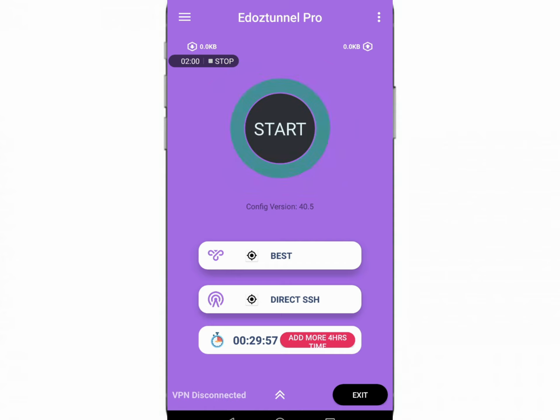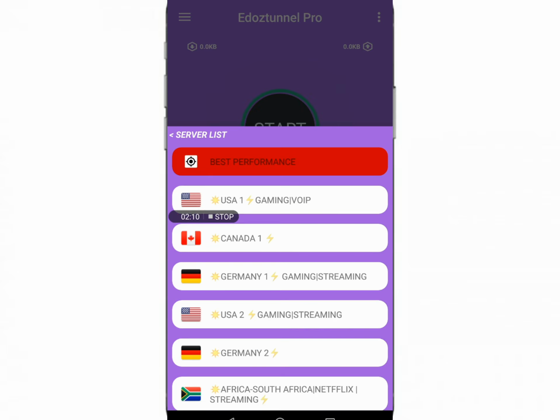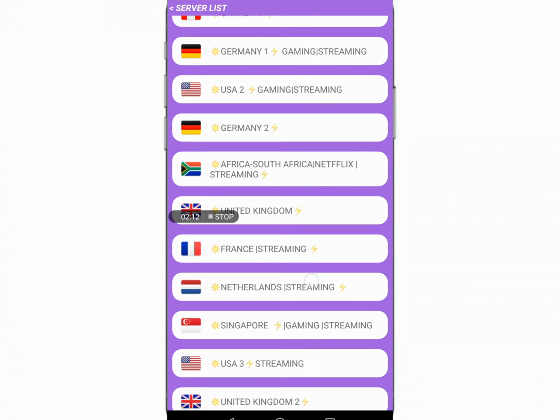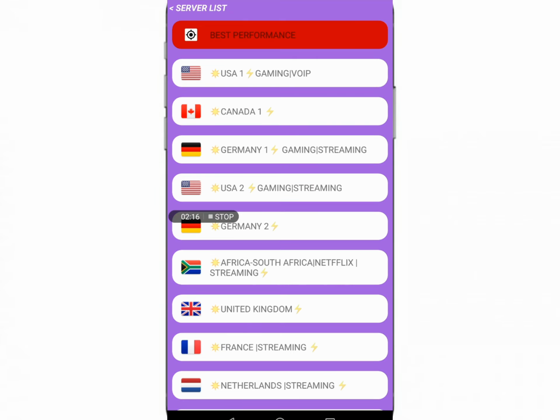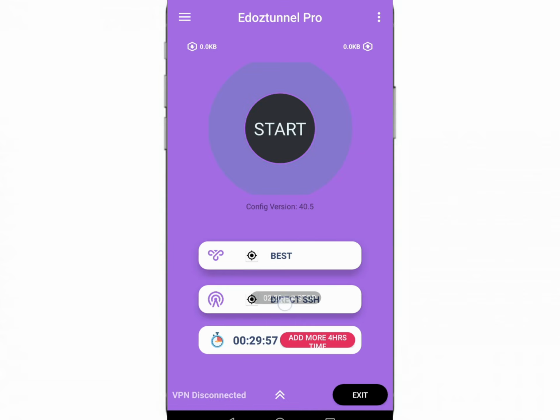So this VPN application works in all countries and on all networks. So this is what we're going to be doing. We're going to come right here, and then here we have best, and then we're going to be choosing a server that is near to our location. But I recommend the best performance. Here where we have the direct access, we're going to be choosing